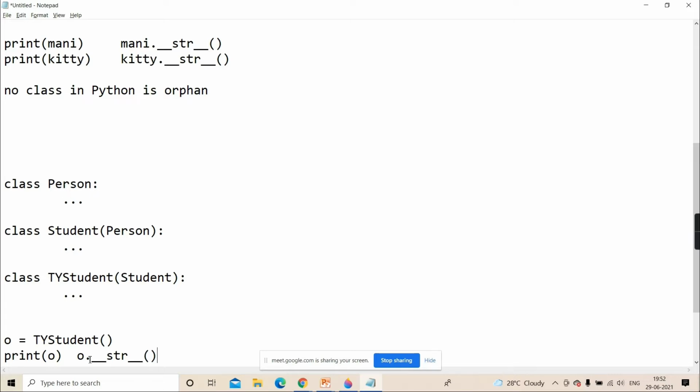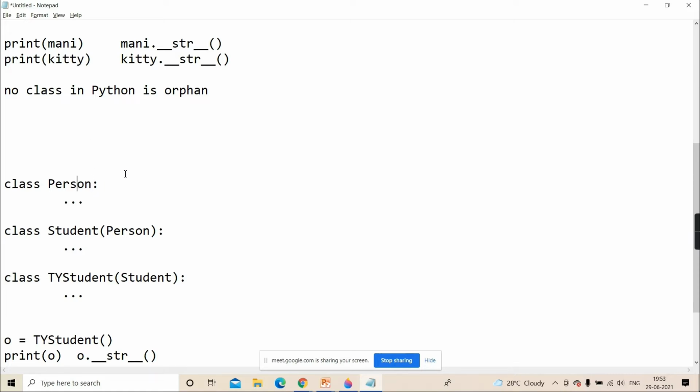The search process continues. So this magic method is first searched in its own class. Not found, it will go to its parent, that is student. If student class is also not having the magic method, it will go to its parent, that is person. Isn't it, guys?